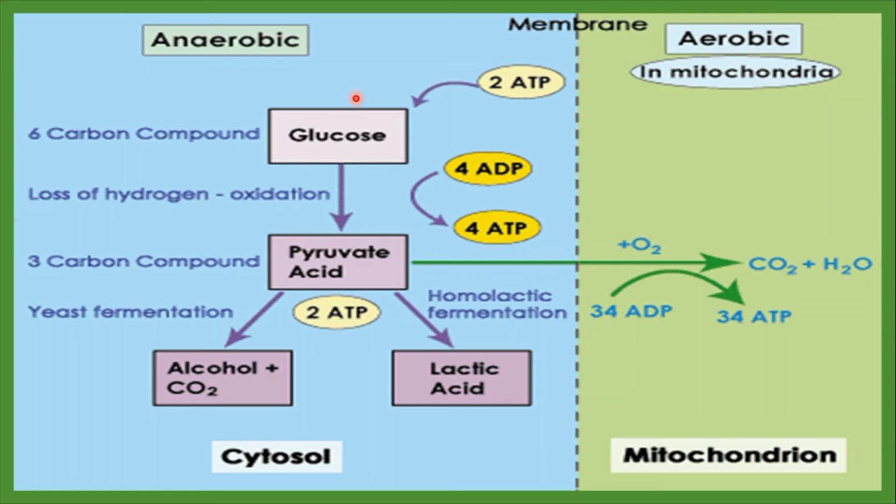Here everybody see, here is glucose. Glucose is a respiratory substrate. So in the anaerobic respiration process, the glucose is incompletely oxidized without the help of oxygen. So here glucose is broken down with the help of 2 molecules of ATP and produces 2 molecules of pyruvic acid. So from 2 molecules of pyruvic acid, we get ethyl alcohol and carbon dioxide.